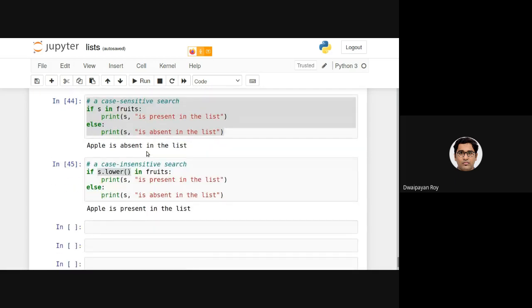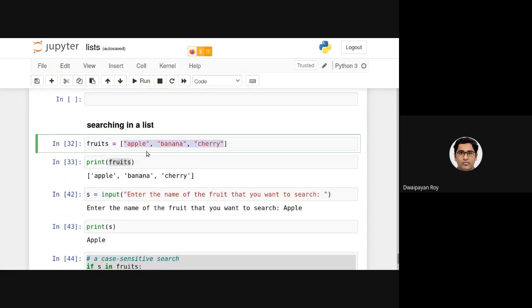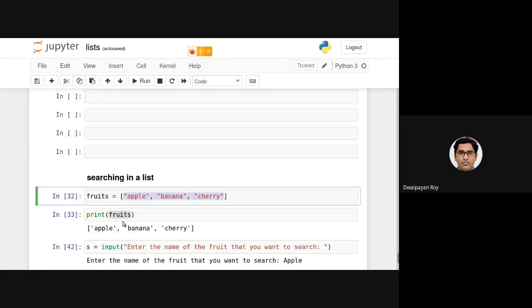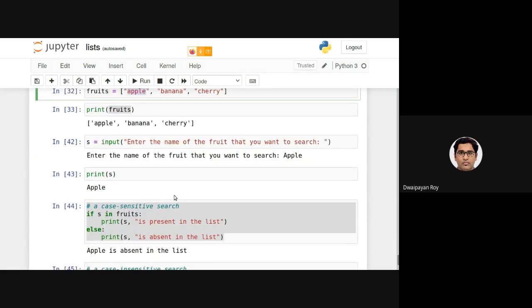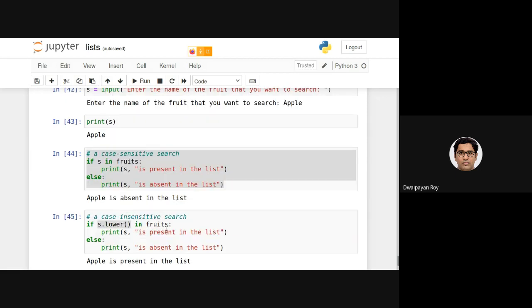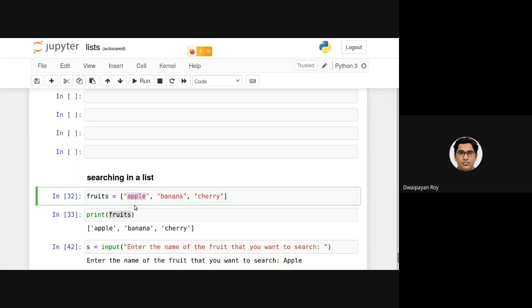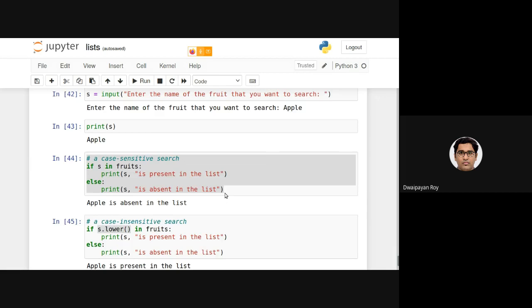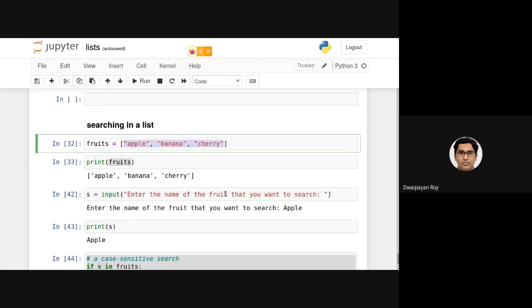So there are multiple ways in which we can handle this. You are absolutely correct. I was saying this is case insensitive because I had all the values stored in the list in small letters. But you are correct that this is still not actually a case insensitive search. For this case, as all the items in the list are in small letters, that's why it is working in a case insensitive way, but it is not actually a case insensitive search.